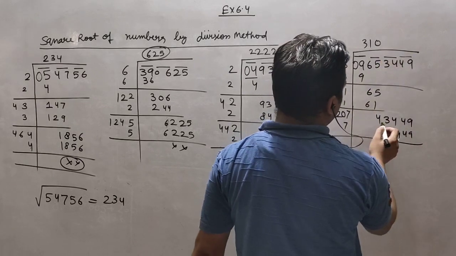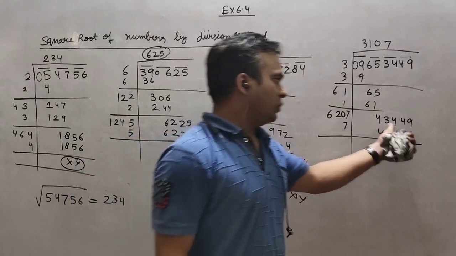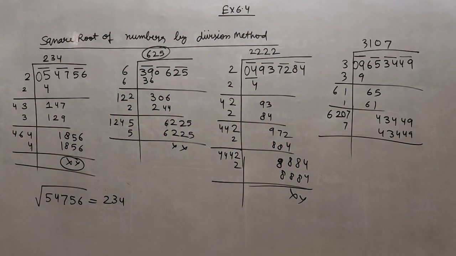So it means if you see that after putting any number we are not getting a number equal to or less than that number, then we have to take another pair. Because one time you can take only one pair. If there is any problem, it means after taking one pair you are not able to find it, then we have to note down another pair with the two zeros. One zero we will put in the quotient and one zero we will put with this one, right? Now we will start the exercise. I hope this square root part is clear to all.